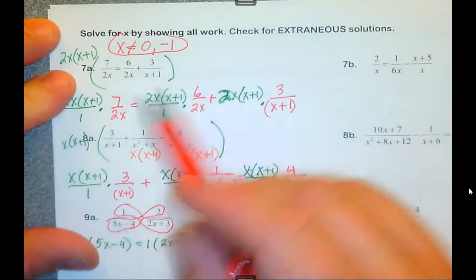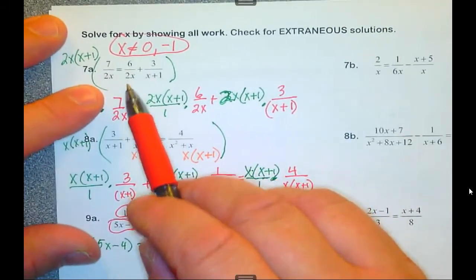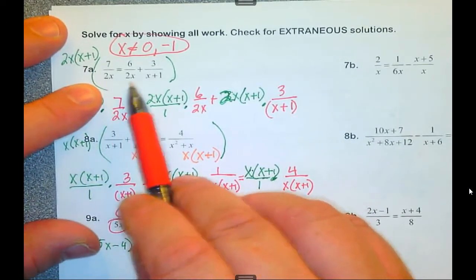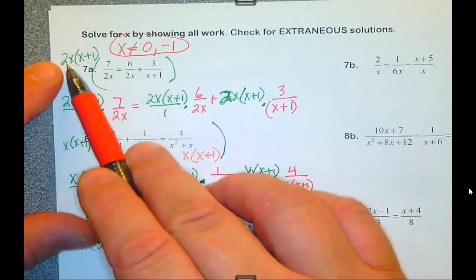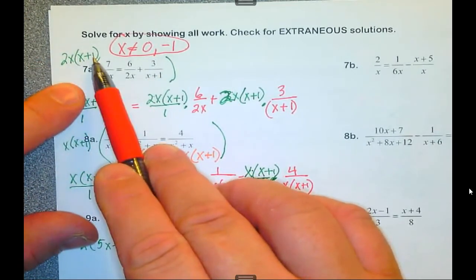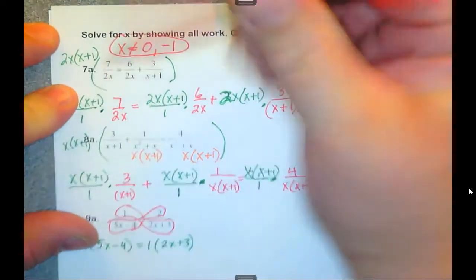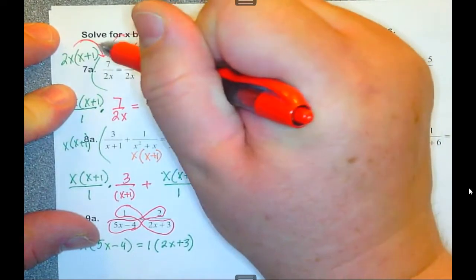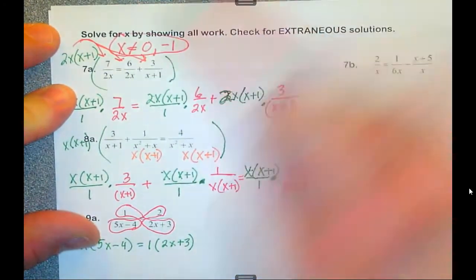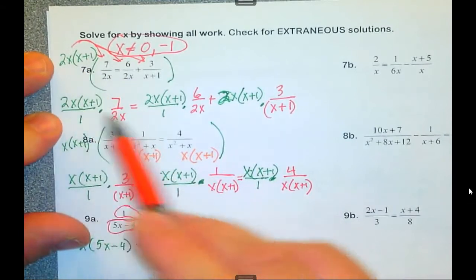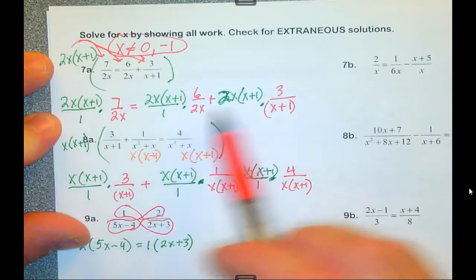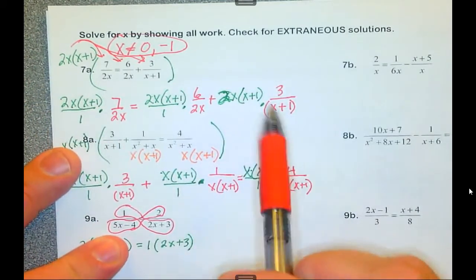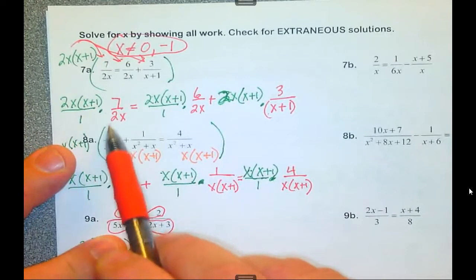Alright, so what I'm going to do is take a common denominator. This has a 2x, this has a 2x, this has an x plus 1. So I need at least one 2x and the x plus 1. I'm going to distribute this to each one of the terms. I have to multiply to each term. So I have 2x times x plus 1, 3 terms. I'm going to have to multiply it to all 3 terms. I know this is a pain writing it out like this, but it seems to help students